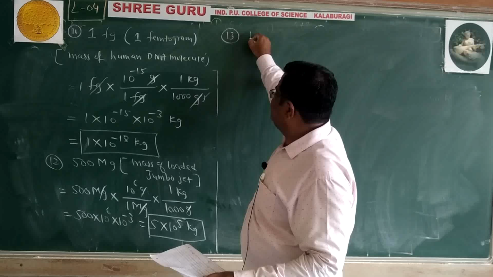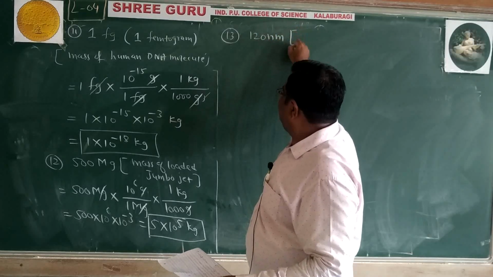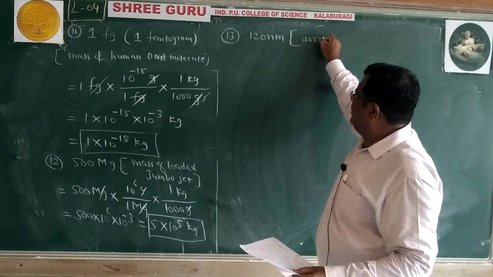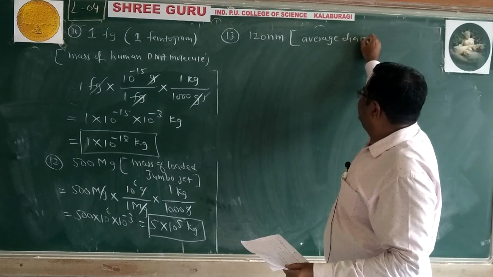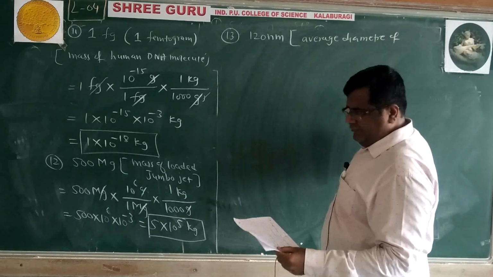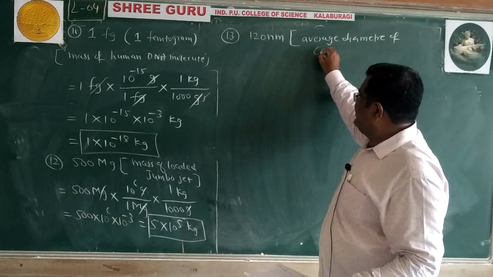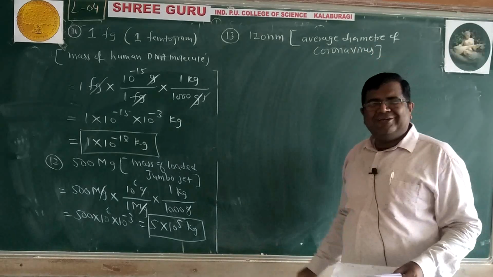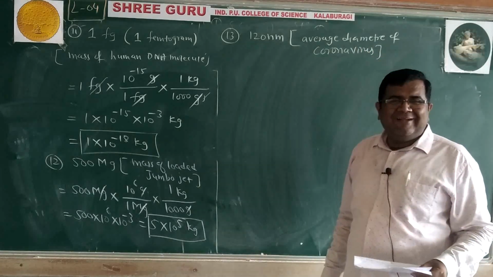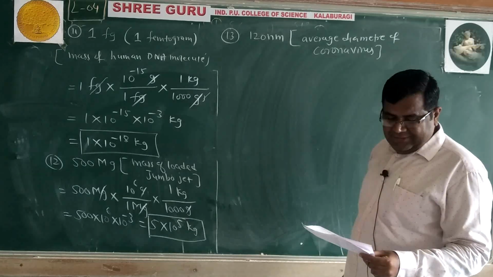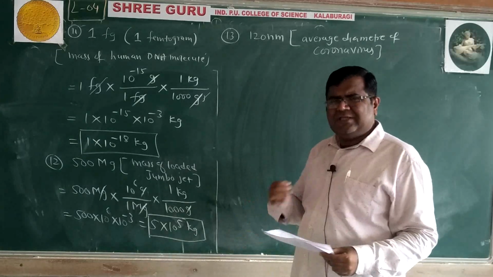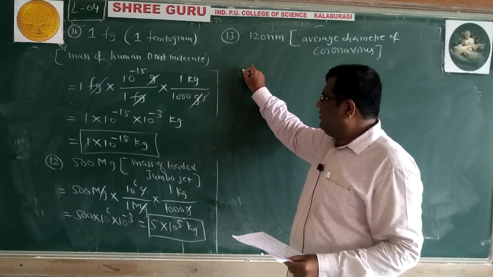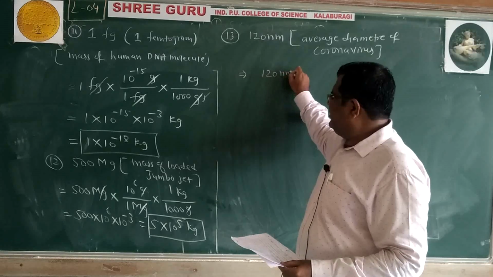It is 120 nanometer, and it is the average diameter of coronavirus. I have taken this from Wikipedia. 120 nanometer. Of course, there is range in virus, but this is average. 120 nanometer,